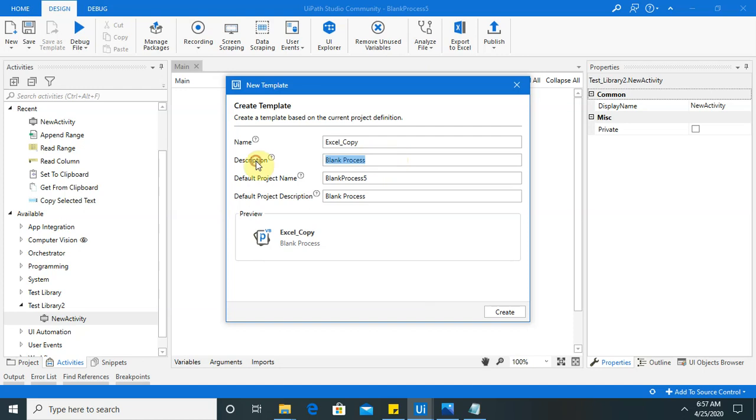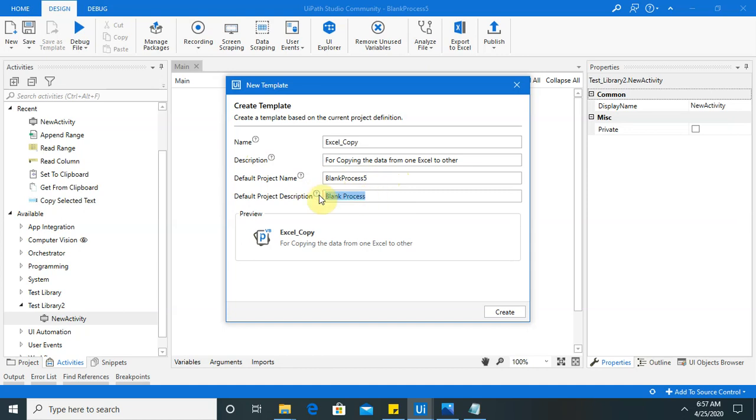Description, whatever you want to provide, for copying the data from one Excel to other. Then your project name is the same.